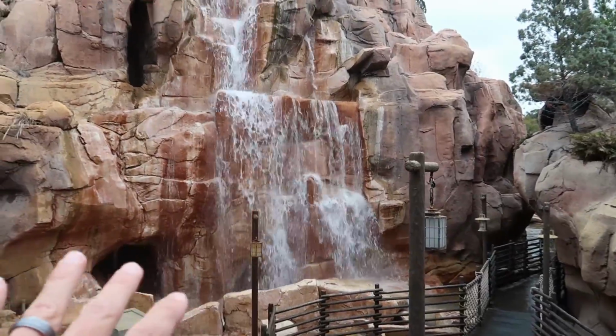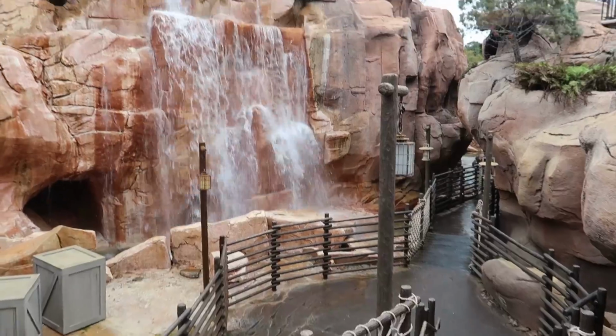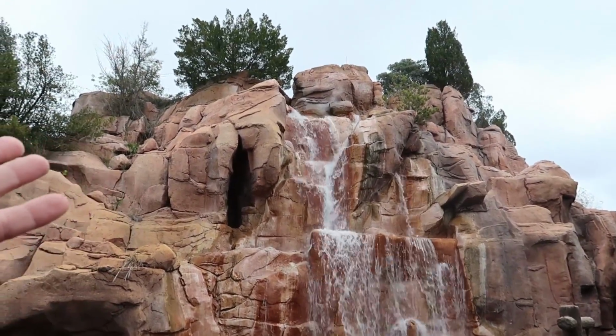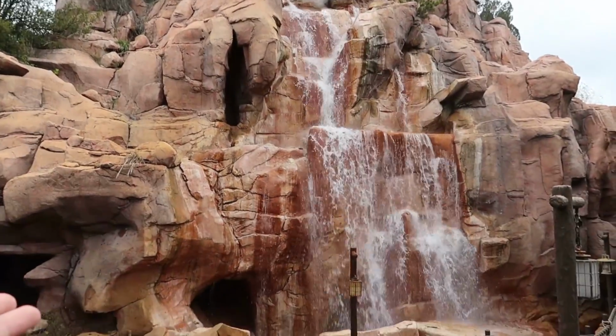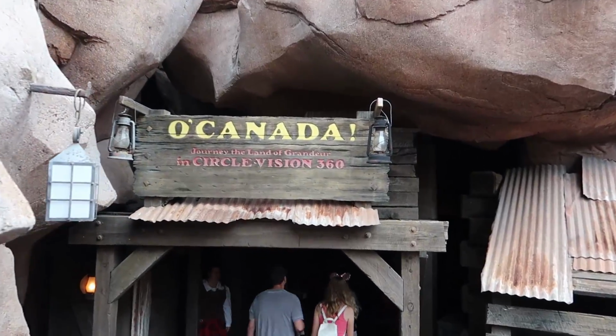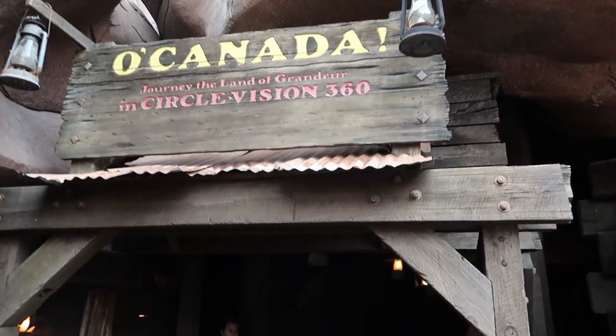Just wanted to come down here and get another view of the falls. Very cool. It's very wet down there though. It really is amazing because this is just here. Like just back in the Canada area, they built a waterfall. And down here at the bottom of the stairs is O Canada, Journey the Land of Grandeur in Circle Vision